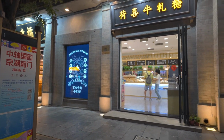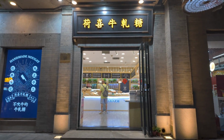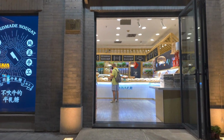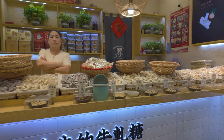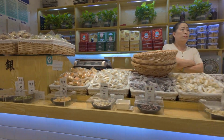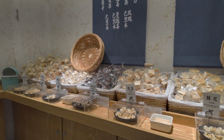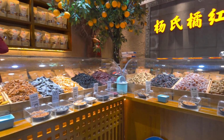This is Hexi Nougat Candy Shop, a boutique nougat store known for its high-quality, handmade nougat and nostalgic flavors. Founded in Shanghai, and now with a shop in Beijing's Qianmen and Dashilan area, Hexi stands out with around 18 to 19 creative flavors, from classic peanut and sesame to unique combinations like Oreo, cranberry, and pineapple mango. Every piece is